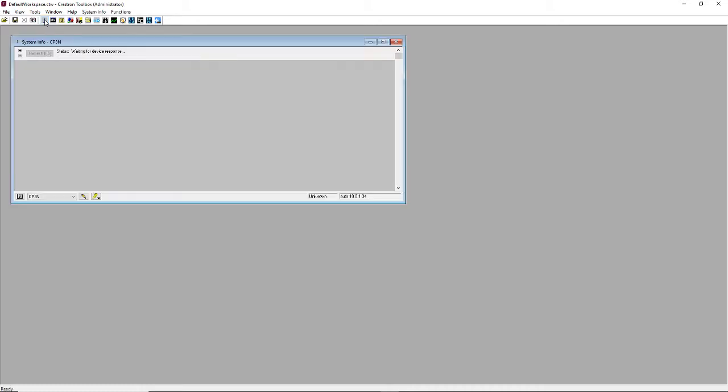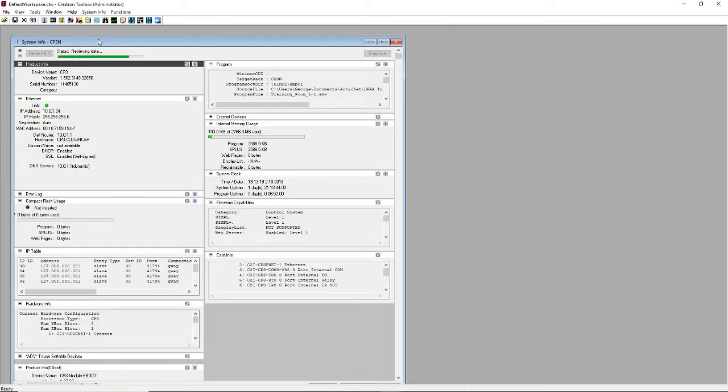and let's go to system information, which is this little I guy. Now, depending on how you set up the toolbox, you may or may not have this in your tool lineup here on the toolbar, but I've put it on mine. Okay, so right now we're looking at the CP3,